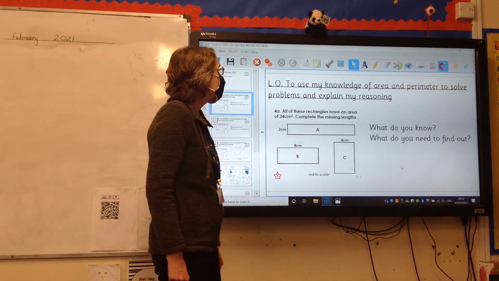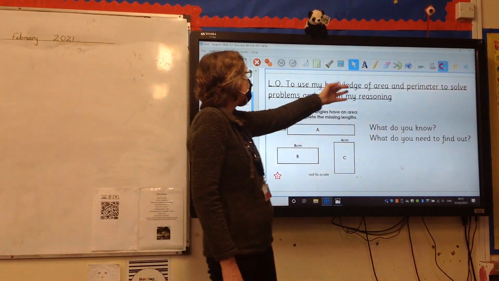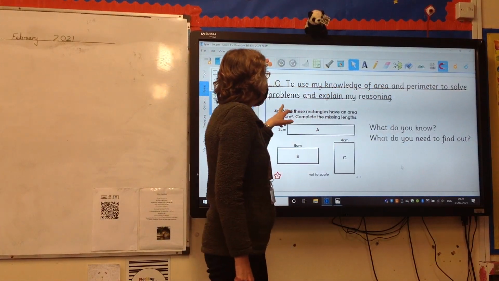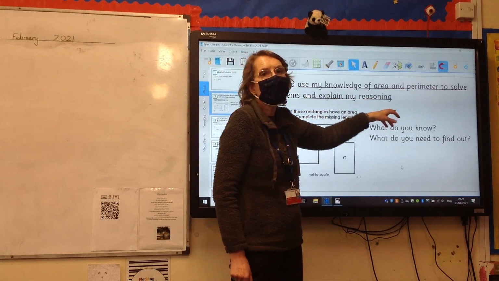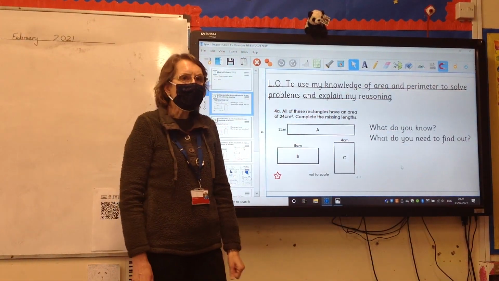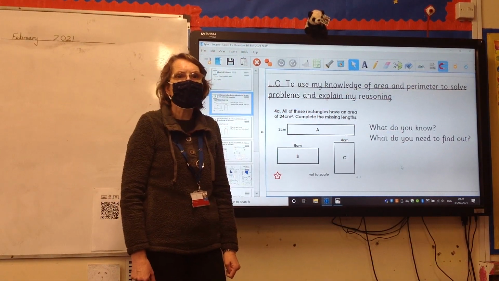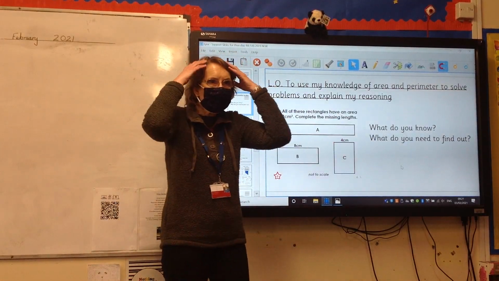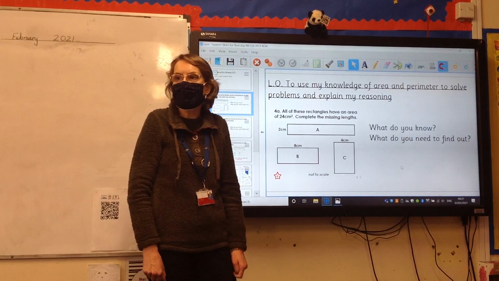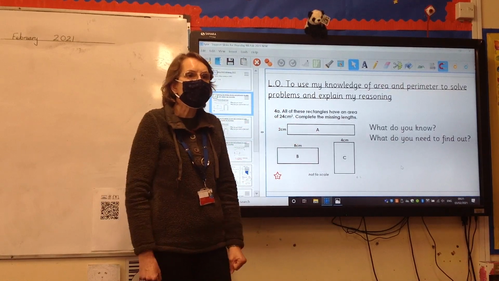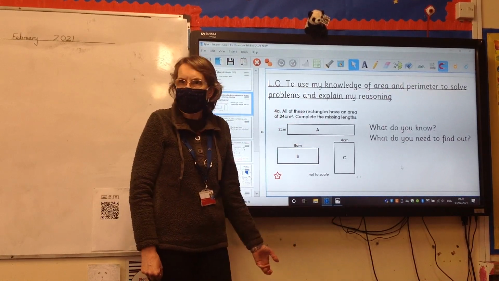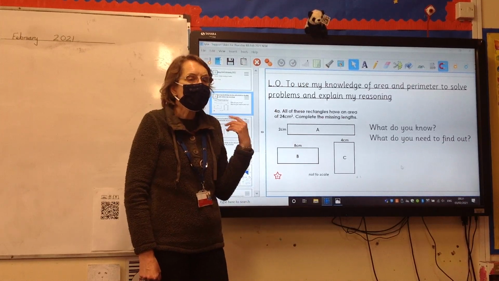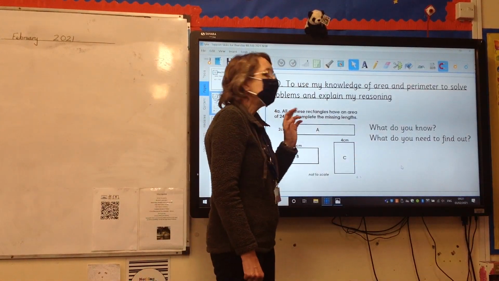We have been learning about... So we're going to use our knowledge of area and perimeter to solve problems and explain our reasoning. We're going to use all that information that we have gathered over the last week or so. We've got a lot of information in our heads about how to find area, how to find perimeter. We're just going to use that and investigate, look for patterns, look for things that we notice, and use that